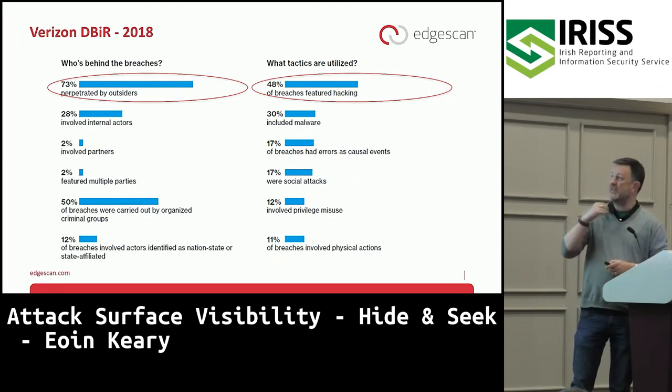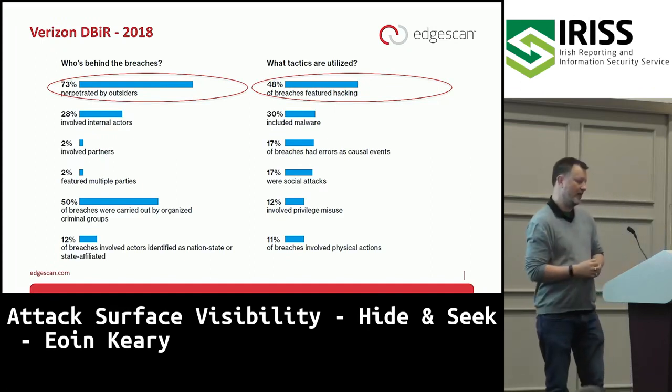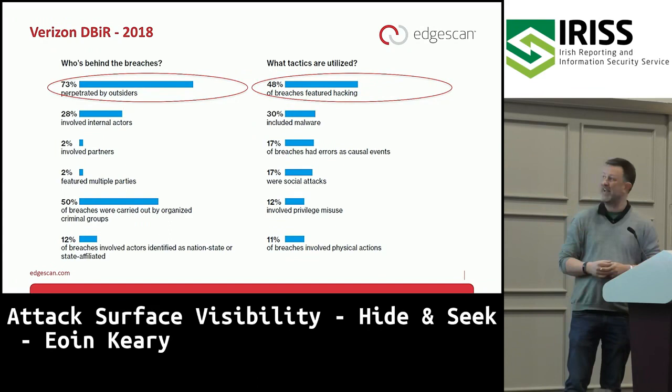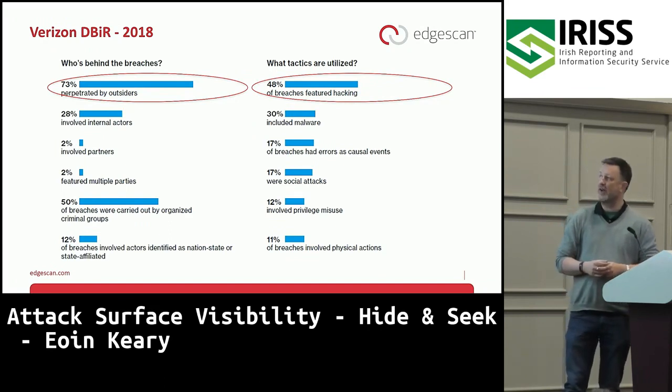And why is this? Well, it's still from the Verizon DBIR, the Data Breach Investigations Report, which came out, again, early in '18. The '19 one is out now, obviously. It's very much that a high proportion of breaches involved hacking, and a high proportion of breaches, in effect, were